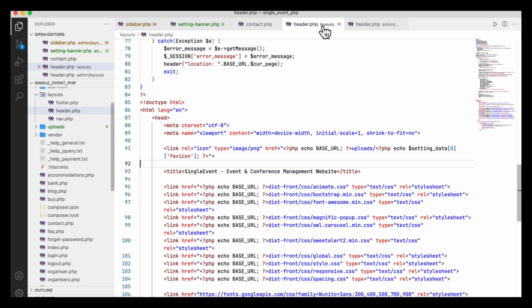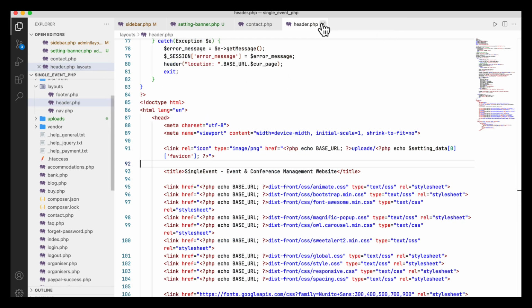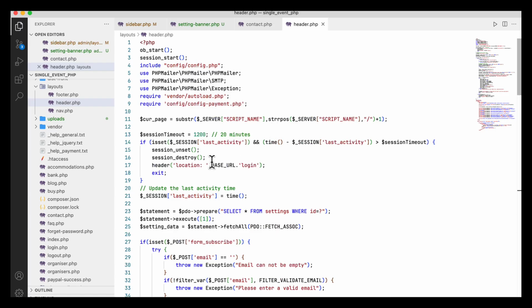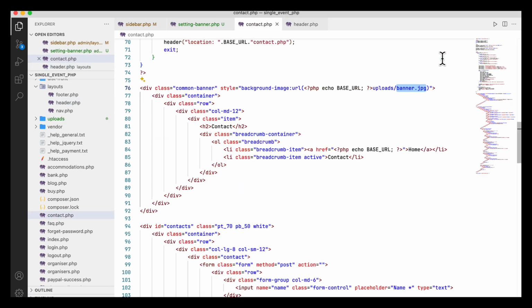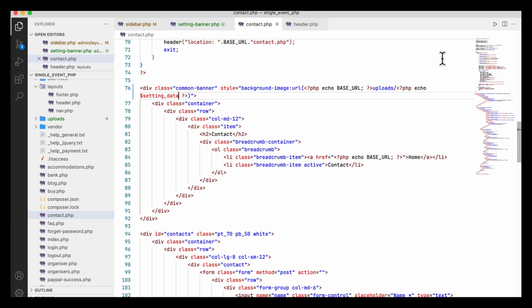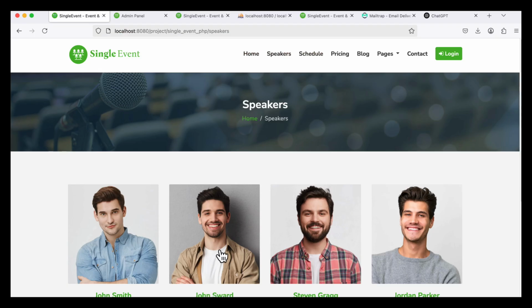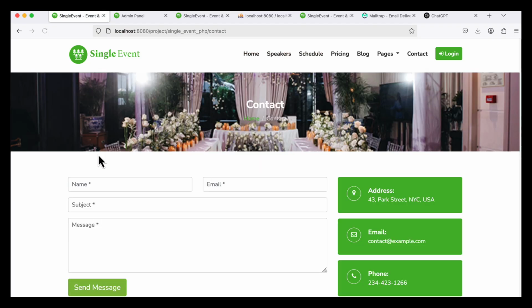So I am going to the header first, admin header not needed, front end header, and you see here setting data is in my hand, right? So in the contact or any other page it should work, that I am going to call setting data 0 of banner, so echo setting data 0 of banner. Now if I refresh the contact page, you see the background photo is changed, that means the banner is working,